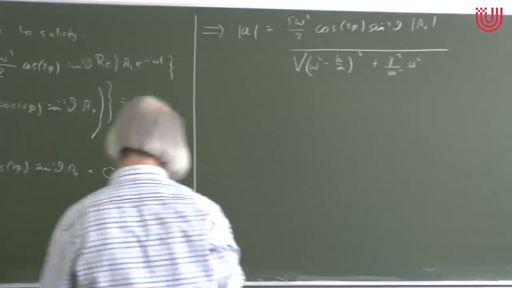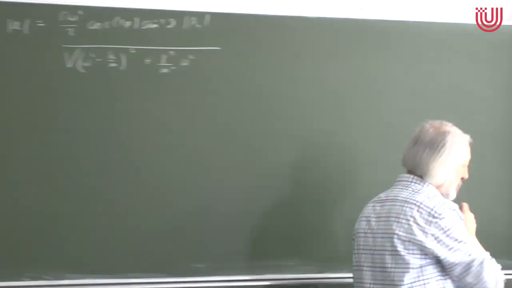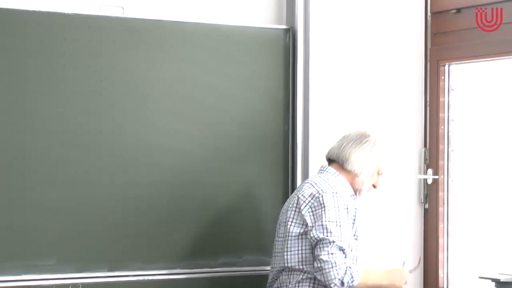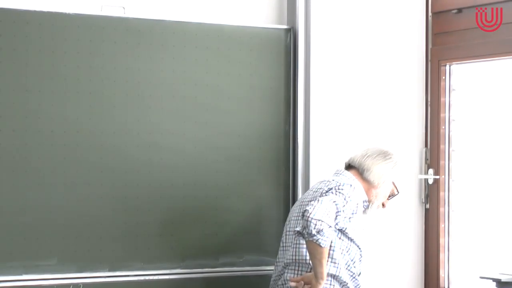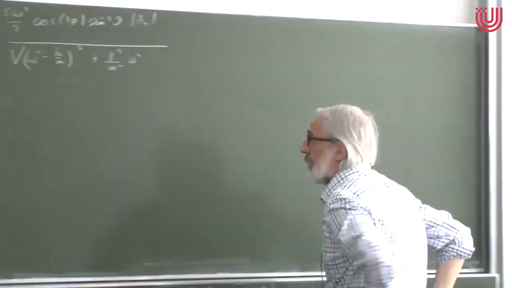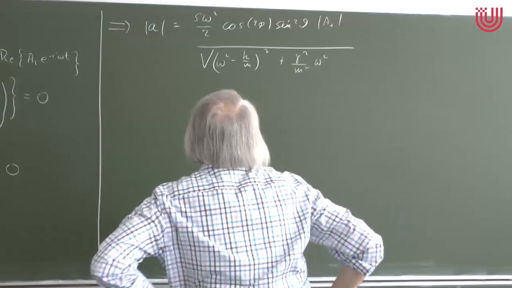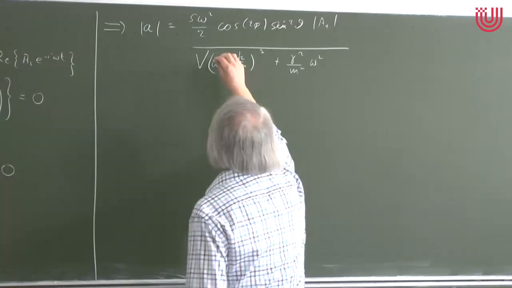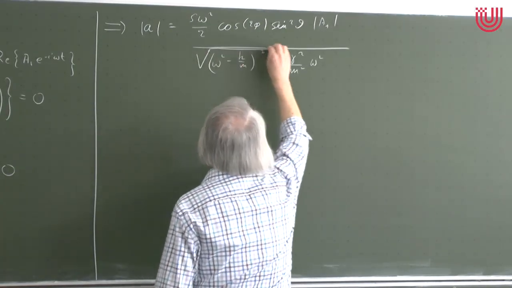Did I forget a factor of 2 somewhere? Let me check. I have a weak remembrance that the gamma comes with a factor 1/2. No, it's correct. The 1/2 or the 1/4 comes later. Namely,